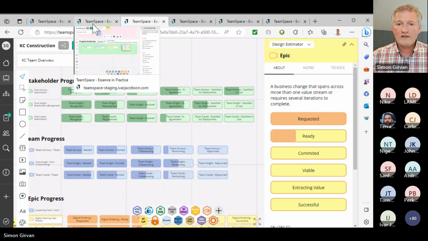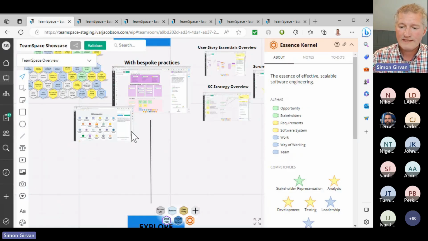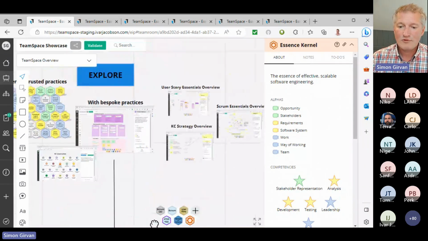So in conclusion, we've had a very quick look at some of the features of TeamSpace, showing how Essence works with actual teams in real life, although this is a composite. I didn't want to betray any NDAs. I could have shown you a lot more, but we've looked at it through the lens of this one team. And we've seen that Essence helps you with this cycle of exploring, exploiting, explaining,